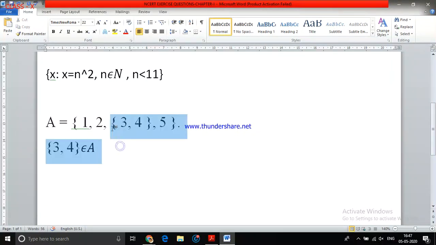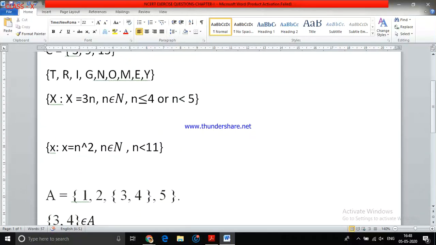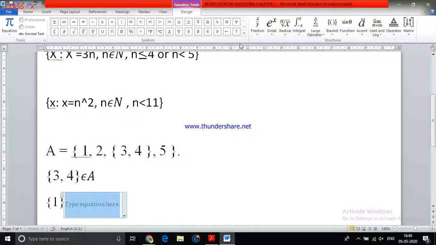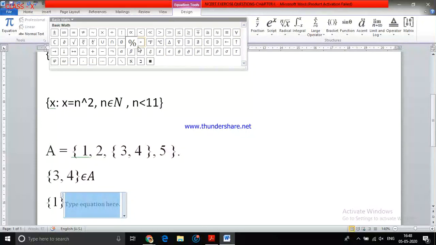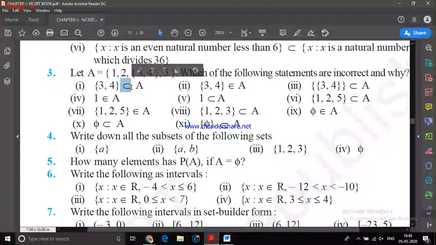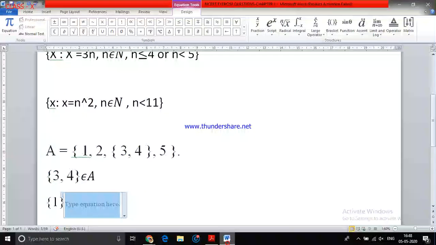Now how can I say that? Now if I put this in this way, for example, I say 1 is a subset symbol. Let me insert the subset symbol now. Where is this subset? I think this expression has no subset. Let me copy from here. This is the problem with the mathematical symbols. You won't find them too quickly.